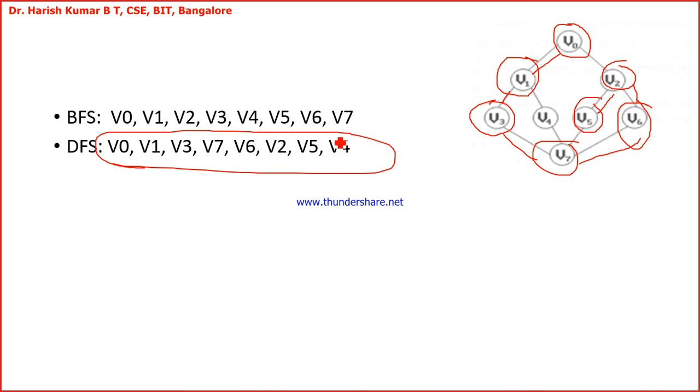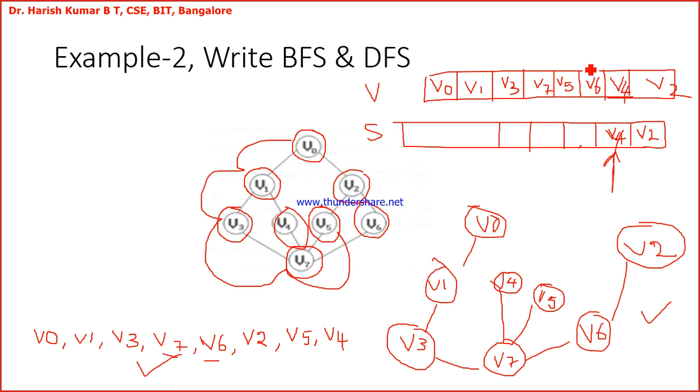Next, to visit V4, what you are doing now, you have to backtrack. See, you have come like this, till here. Now you cannot go to V4 from V5. Now you will be backtracking. You backtrack here, backtrack to this, backtrack to this, and from here you can go to this V4. Understood? Yes, sir. So this is also correct, and this also you can write. Okay.